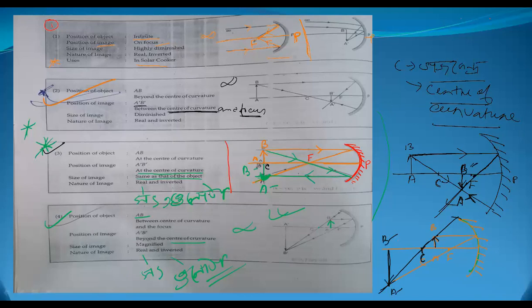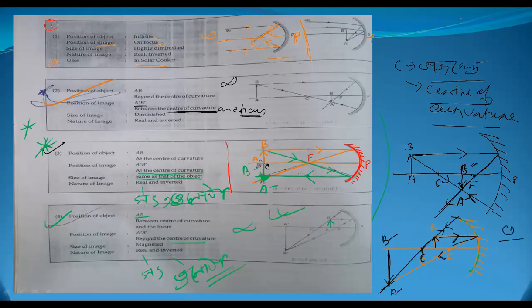All of you understood? Yes, sir. But don't forget to give the direction. If you don't give the direction in the diagram, you will get 0, because it will depend only upon the direction. Now see, the ray which passes through this one, after striking it will pass through the focus. That's why you have to give this direction.